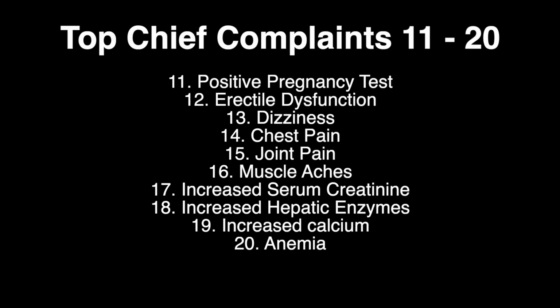So when we get into knowing 10 more of the top chief complaints that you see, I will share my chief complaints that I see most frequently, 11 through 20, with you guys. No particular order, which would be positive pregnancy test, erectile dysfunction, dizziness, chest pain, joint pain, muscle aches, and then getting into abnormal labs a little bit. Increased serum creatinine, increased hepatic enzymes, increased calcium, and anemia. It can be all chief complaints, but I sort of added in a few of the most frequent abnormal labs,